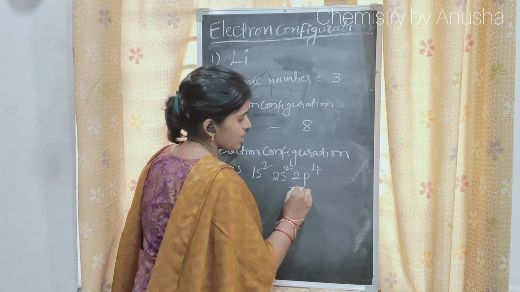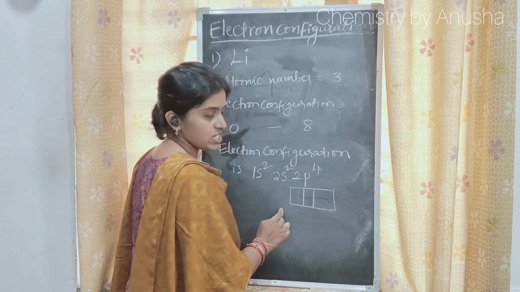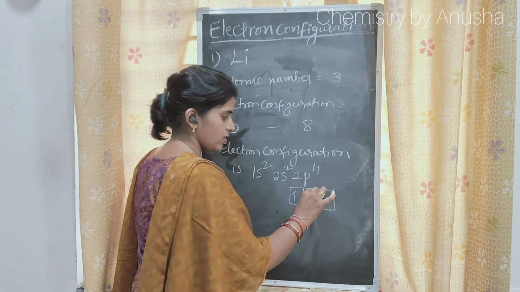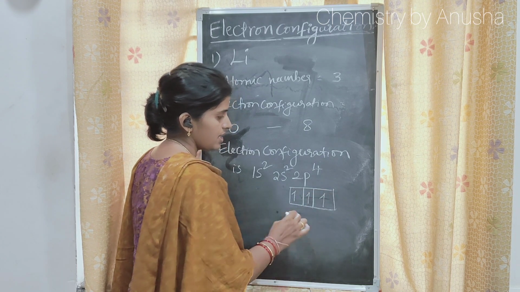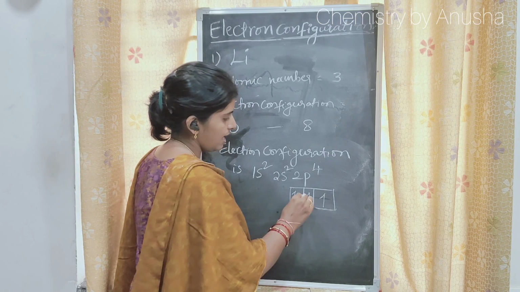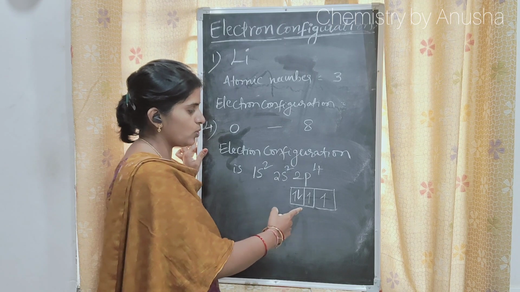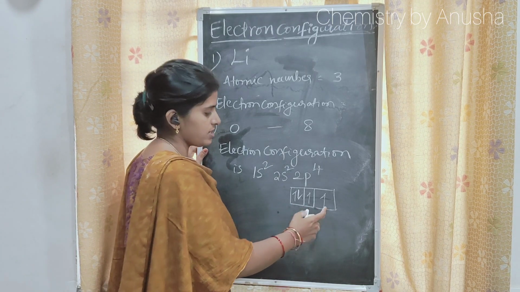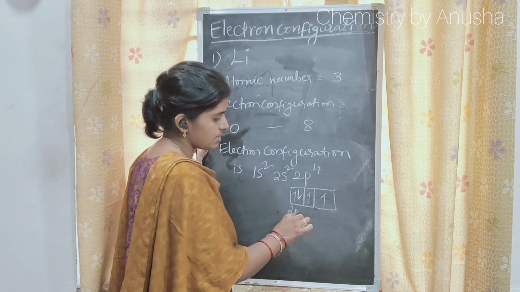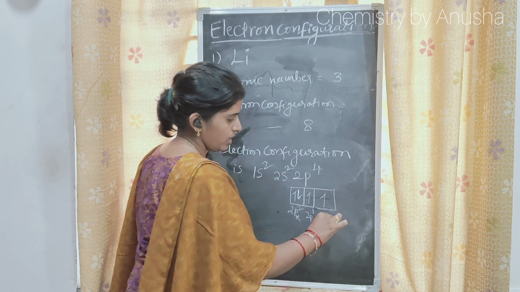Now, how are the electrons arranged in the p orbital according to Hund's rule, since it is a degenerate orbital? The preferential filling of electrons within the p orbital is that each orbital is first singly occupied. After that the pairing takes place like this: 2px2, 2py1, 2pz1. So the subshell electronic configuration is 2px2, 2py1, 2pz1.